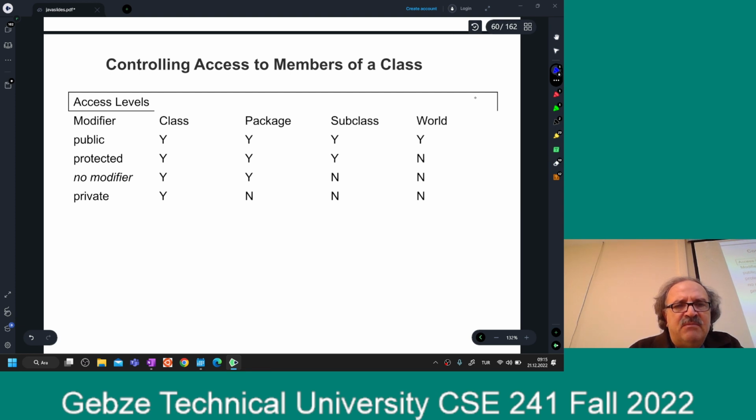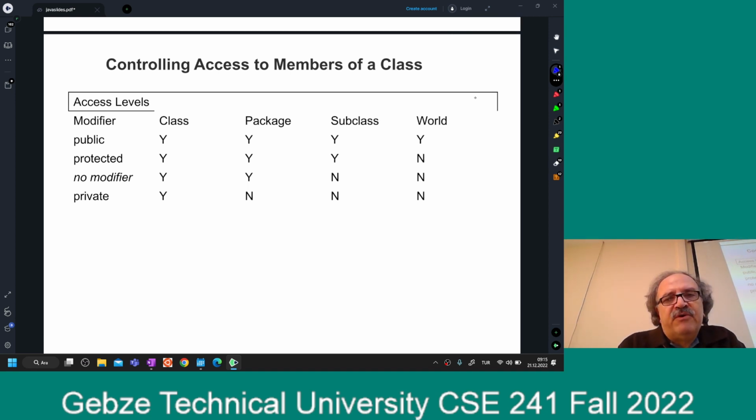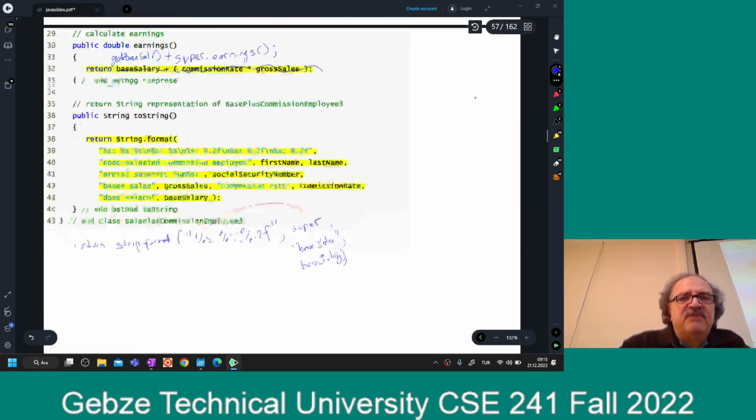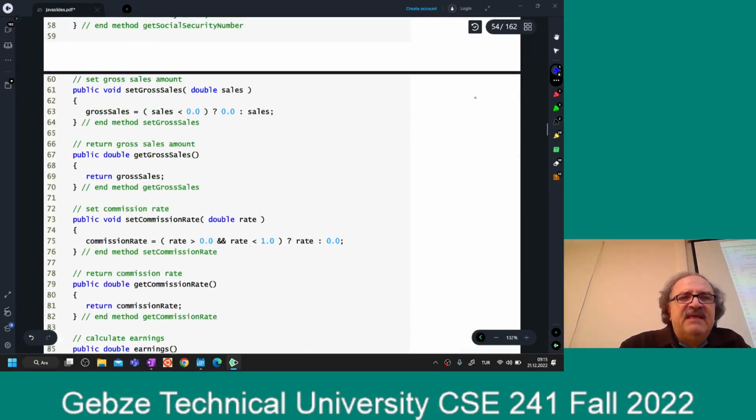Otherwise it is not accessible. If it is protected, then we do this. If it is public, then we do this. Okay, so that's the meaning of it. Let's go back to this thing again. In this file,